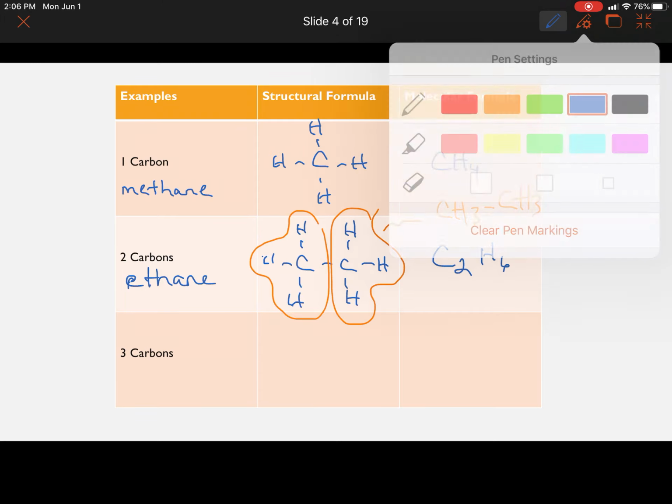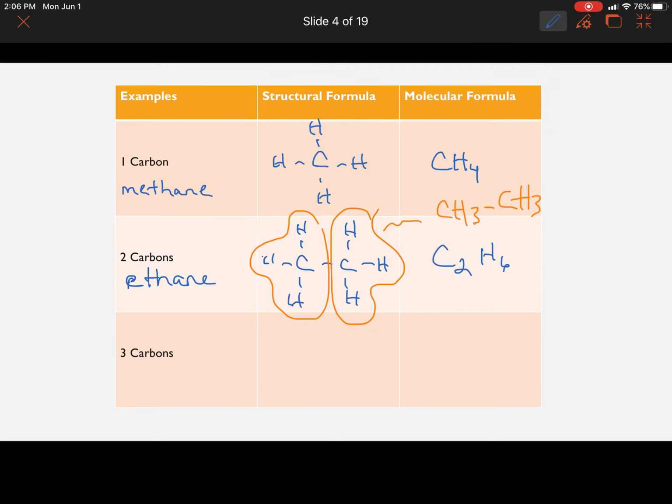Okay, now back. For 3 carbons, you're going to draw 3 carbons in a row, 1, 2, 3. And then you're just going to fill in the hydrogen. So this first carbon has 3 hydrogens. The second one only has 2 because it's already got 2 bonds coming from the other carbon. And then the last one here, again, 3 hydrogens. And if we were to write this out under the molecular formula,